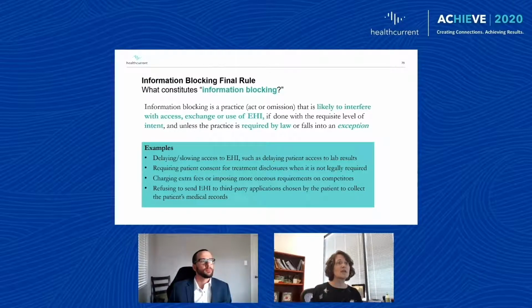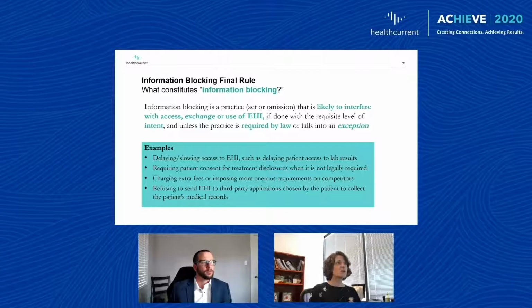Key examples of what could implicate the information blocking rule is if you're delaying or slowing access to EHI. For example, if you have a practice of not giving patients access to their lab results until a healthcare provider reviews it, that practice will implicate the information blocking rule. Requiring that patients sign a HIPAA authorization or other consent for treatment disclosures or other disclosures that are legally permissible without having that signed consent or authorization,